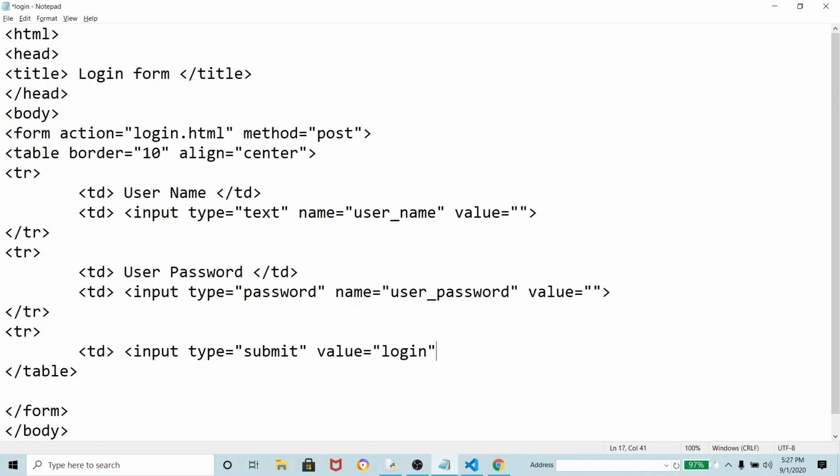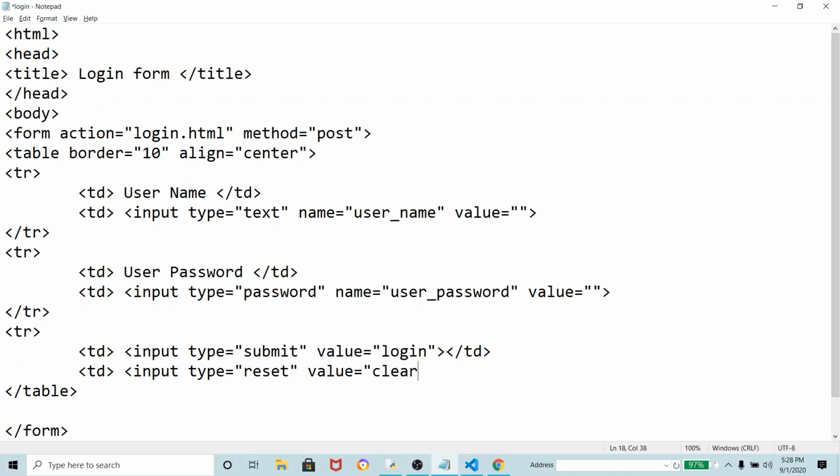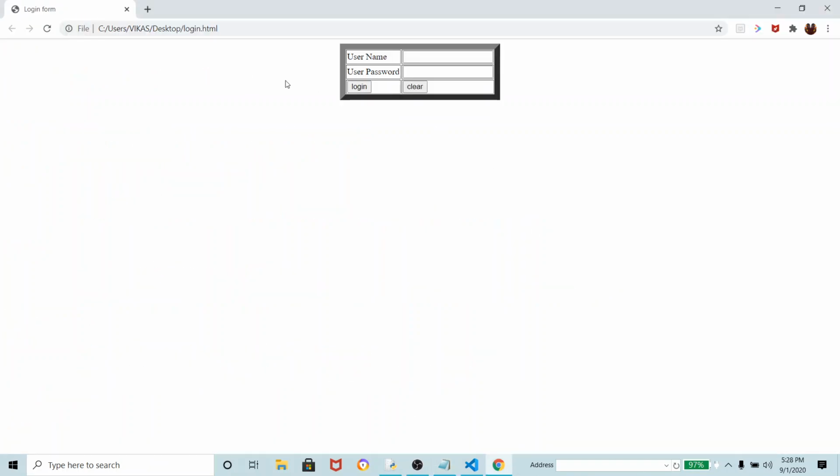So value is equal to login. Clear? And then we close the td, and I will again write input type is equal to reset, and value is equal to clear, and then td closed. Let me save and go here and refresh. Look here, two buttons we got, login and clear.